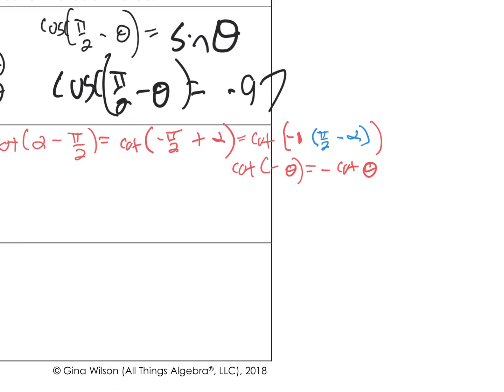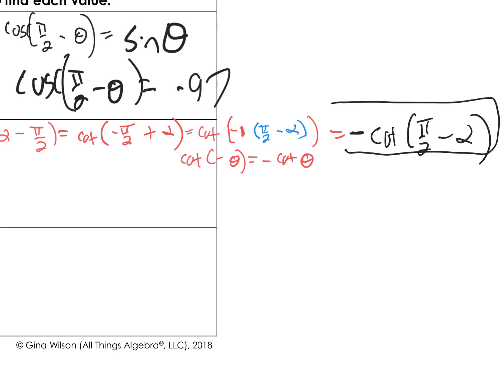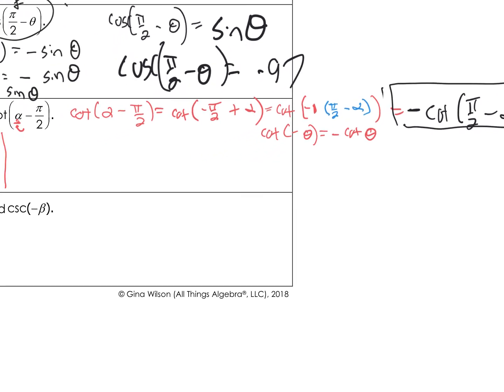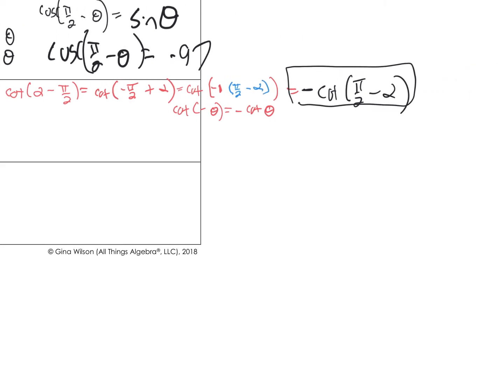By doing that, I can say that this problem here is actually equal to the negative of the cotangent of pi over 2 minus alpha. Okay, good. That's what I wanted to see. All I did is rename it. It's the same as this problem. A lot of algebra was done. We know that the negative cotangent of pi over 2 minus alpha must be equal to